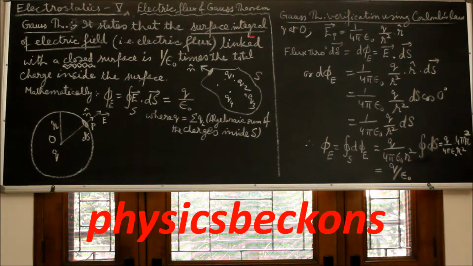According to the theorem, the surface integral of electric field, which also means the electric flux, linked with a closed surface is 1 over epsilon naught times the total charge inside the surface. Example, if you have a surface here, closed surface S, and there are a number of charges inside the surface, then the flux, electric flux phi E is integral E dot ds over closed surface S is Q over epsilon naught, where Q is sigma Qi, that is Q1 plus Q2 plus Q3 and so on, algebraic sum of the